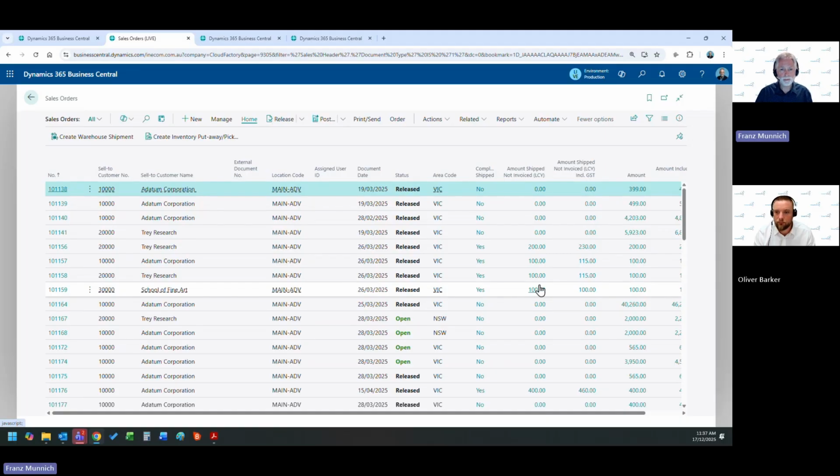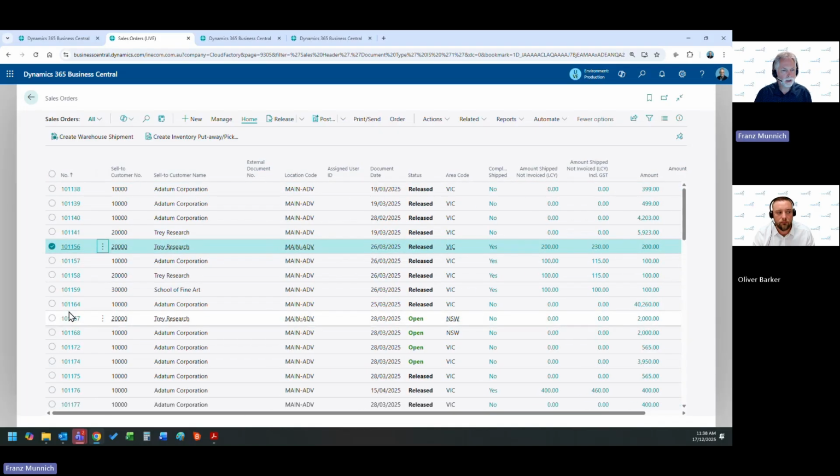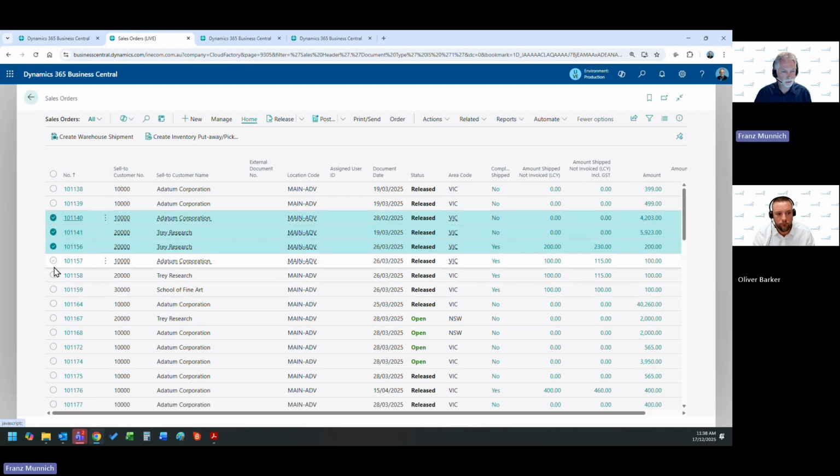Okay, so browser-based screen, typical things we're going to see, some menu at the top. And there is menu, and I can see my actions and related and reports, things like that. I've got some buttons. I'm on the home tab, and I could go to manage or home, and you see this little list changes here. And I could apply any of these buttons to a single line, or I could select more and apply it to multiple lines. I can also just hold down Shift and click over here,